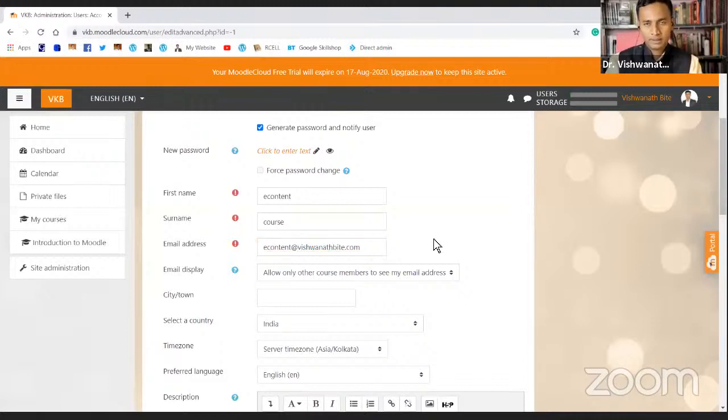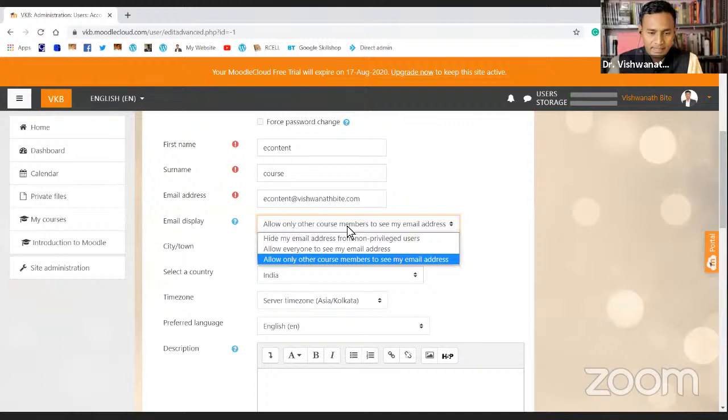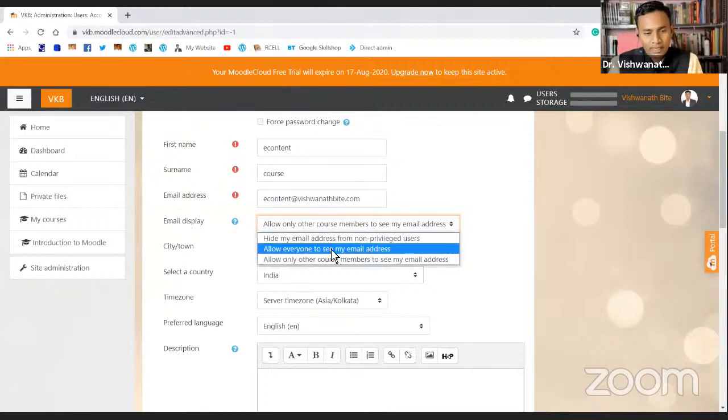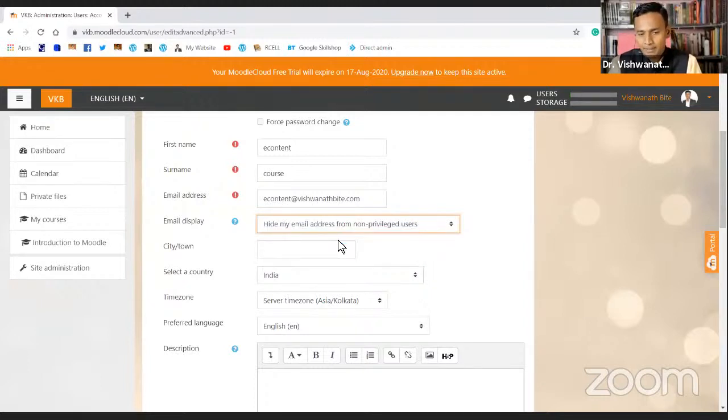So these are the existing email IDs that I'm using, and allow only other course members to see my email ID, or allow anyone to see my email ID, or hide my email ID. So for this, maybe there is some security reason, and that's why I might select hide my email address from non-privileged users. Only teachers will be able to see my email ID, others won't.